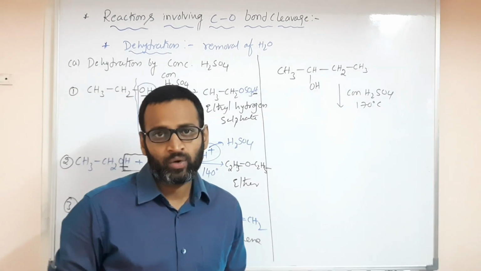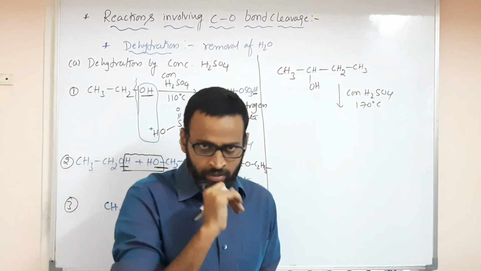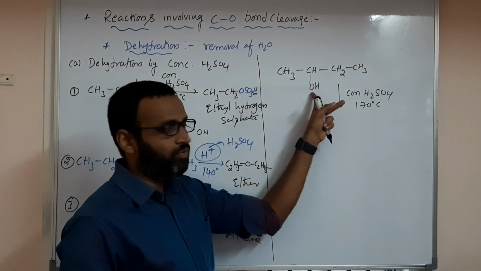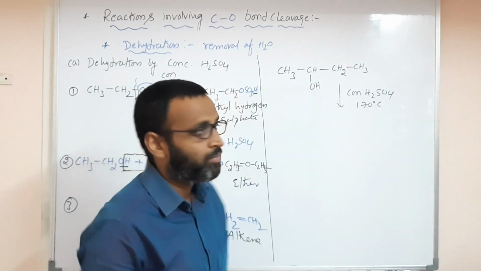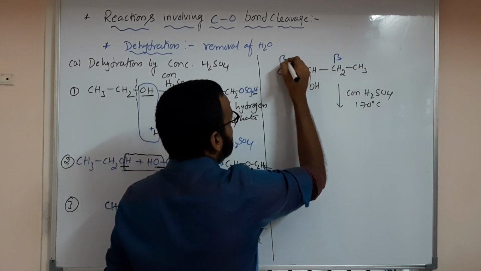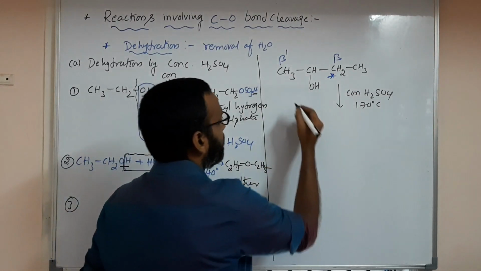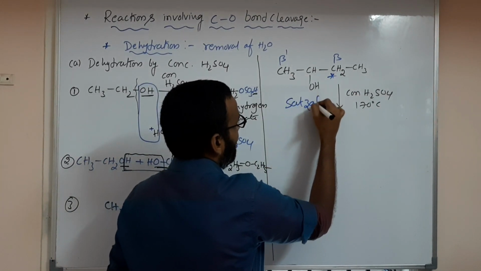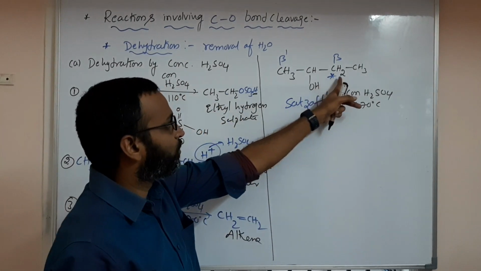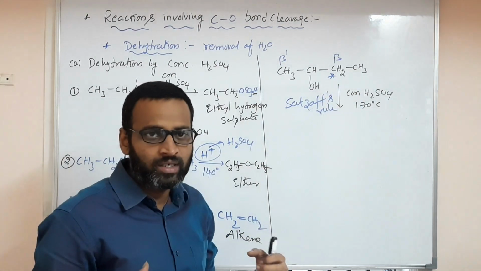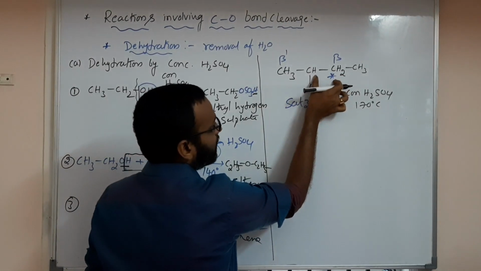In the dehydrohalogenation, I said the same manner. Here also we have to follow Saytzeff rule. Means removal of beta hydrogen from the beta carbon which has less number of hydrogen. This is beta. Suppose this is beta dash. You have to remove hydrogen from here, because according to what rule that is called? Saytzeff rule. As I said, the branching is there for a double bond, that is more stable, I said. So that's why double bond will come here between.